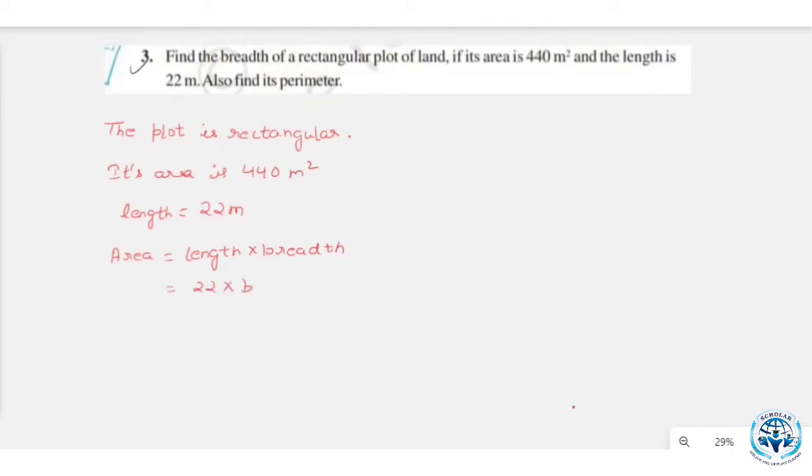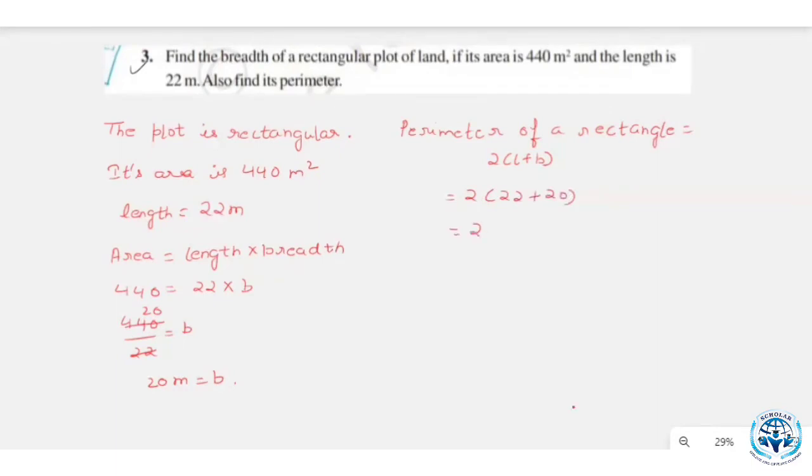Area is length into breadth, that means 22 into breadth. Area is given as 440. We can easily find out the breadth by dividing 440 by 22. Breadth is 20 meter. Understood? Now we have to find out the perimeter. Perimeter of a rectangle is equal to 2 into length plus breadth. That means 2 into 22 plus 20 is equal to 42,